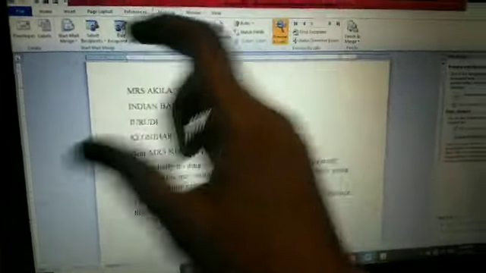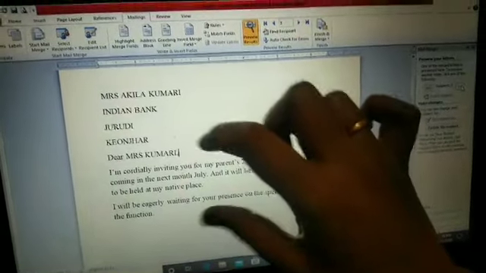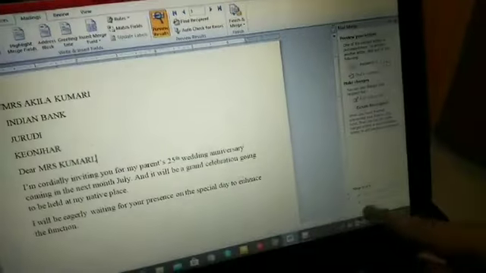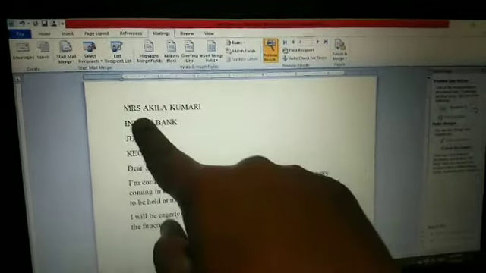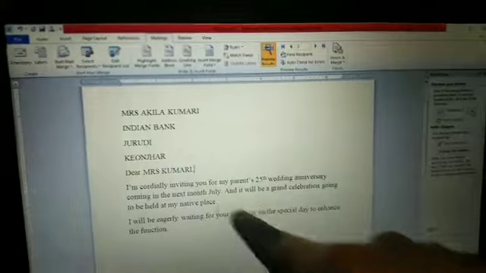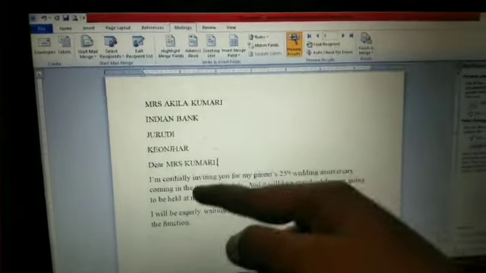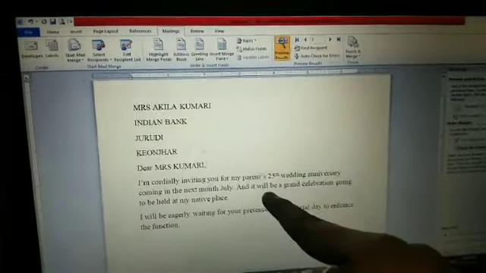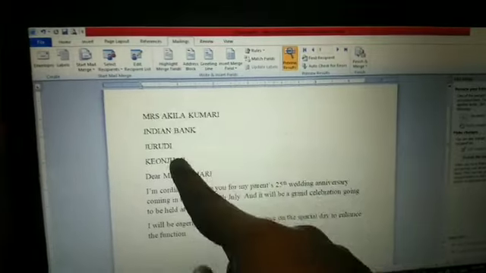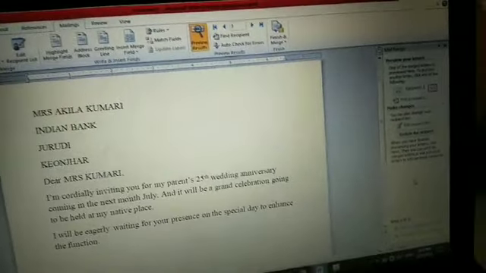This is the recipient list which we created, and this is the main document which was created at the very first time. And after doing this step by step, we merged the data of the recipient along with the main document. So these two are combined now, but I'm not typing this every single time. I typed this main document one time, only the different addresses I typed. So now I combined these two easily only with the help of this mail merge.